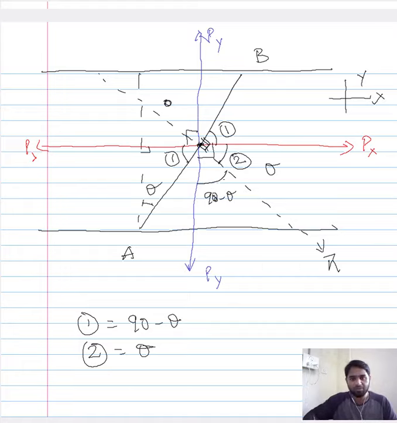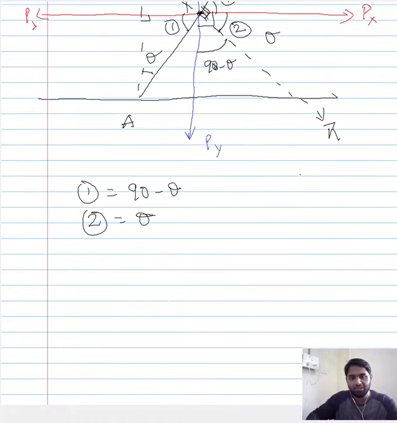So we know what this angle is, what this other angle is, the angle that is designated as 1. So let us try to calculate the load that is acting along the direction which is normal to AB. What we are essentially doing is trying to calculate the load that is acting normal to AB. Now the easier way of doing that is we have a load that is acting along Px,